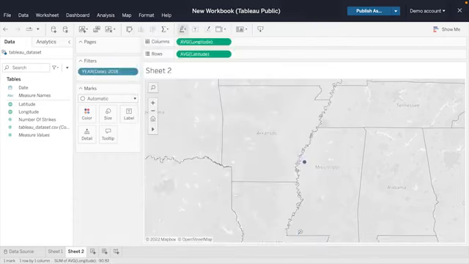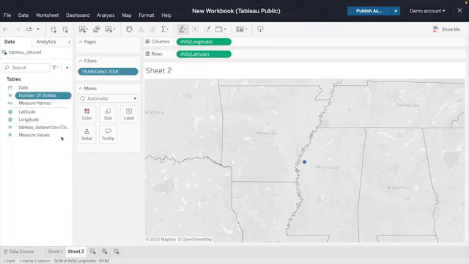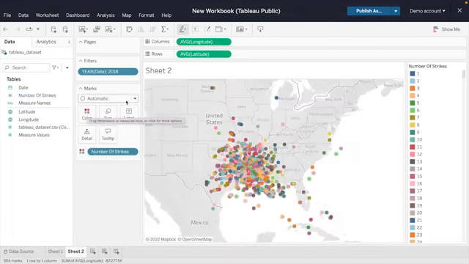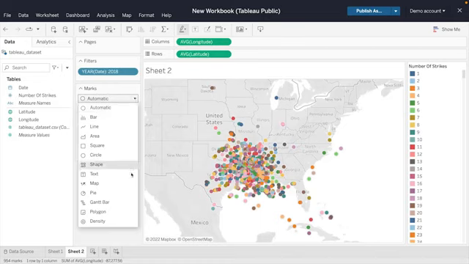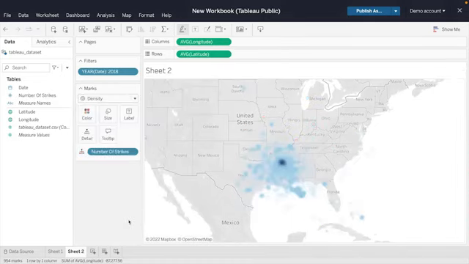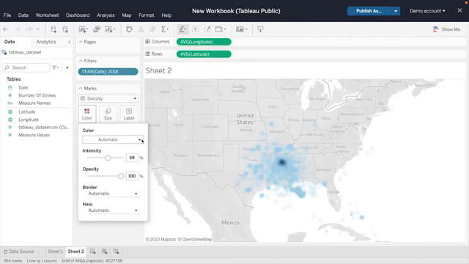Next, use color gradients to help differentiate the denser locations on the map from the more scattered lightning strike locations. Drag number of strikes to the box labeled color. In the drop-down menu under marks, make sure that density is selected. Now that the map is much better, the default color for this visualization is blue. The lighter blues indicate more scattered lightning strikes, and the darker blues are heavier lightning strike areas for the year of 2018. To change the color, click on the color square and change it from automatic to something else.